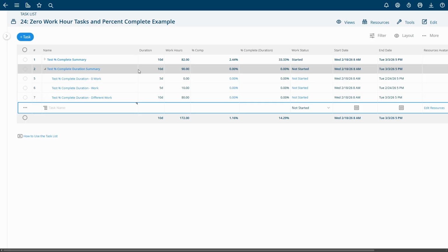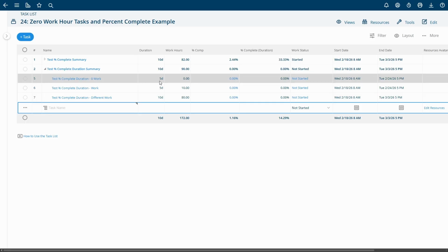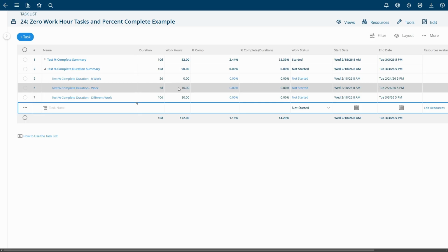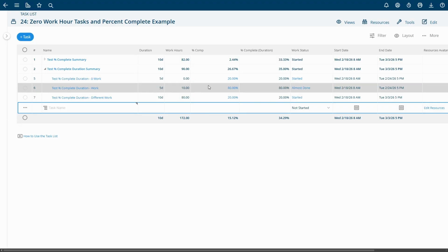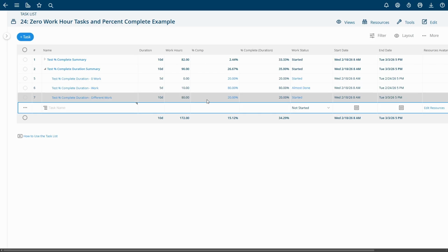So just to demonstrate the point, I've put 0 work hours on a task, and then 10 and 8 hours on a task as well. But what we're going to look at instead is this percent complete duration column over here. I've added 20% completion on the first task, 80% completion on the second task, and 20% completion on the third task. What Project Insight does with this is that it uses the duration as the weighting mechanism, not the hours